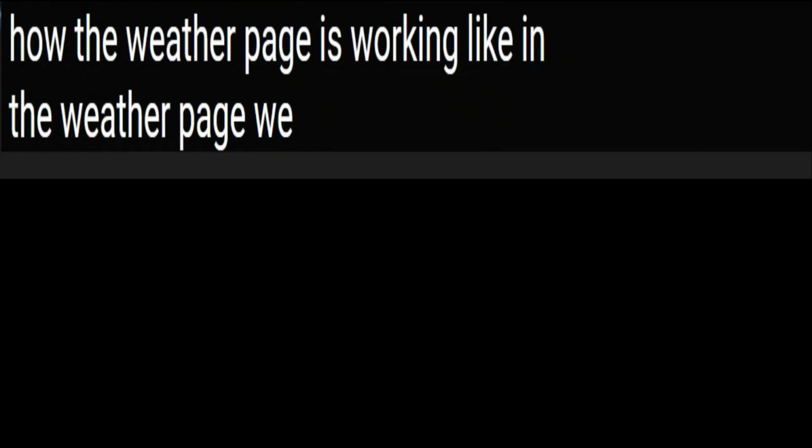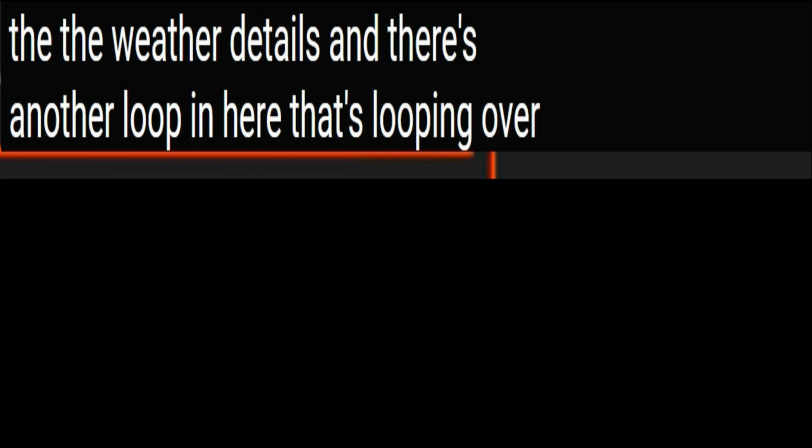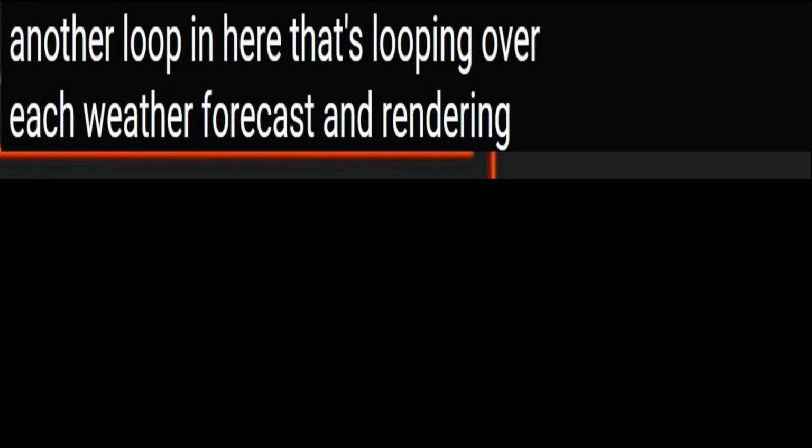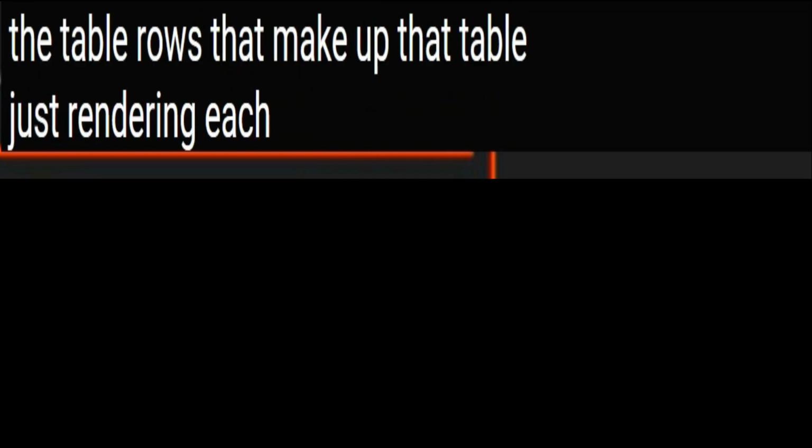Like in the weather page, we have an if statement, and we're checking to see, do we have the weather forecast data yet? Have we successfully loaded it? If not, then it starts out by displaying a placeholder. And then if we do have the weather forecast data, you can see below that we're rendering this nice table with all the weather details. And there's another loop in here that's looping over each weather forecast and rendering the table rows that make up that table. Just rendering each value from our